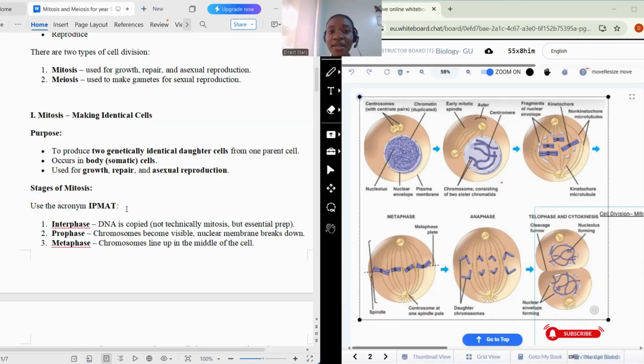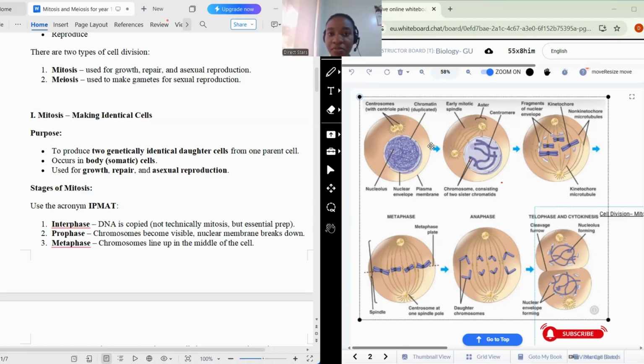So the first stage in mitosis is the stage whereby the DNA replicates itself. That is the very first thing that happens in any cell division. So we are looking at mitosis now, and the first thing that happens is the replication of the DNA. So after the DNA replicates, what happens next? Then next comes